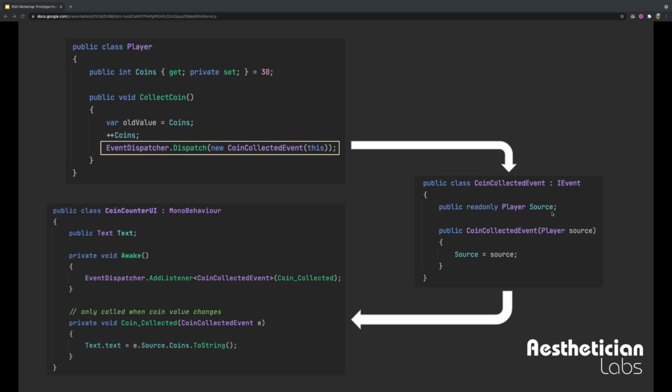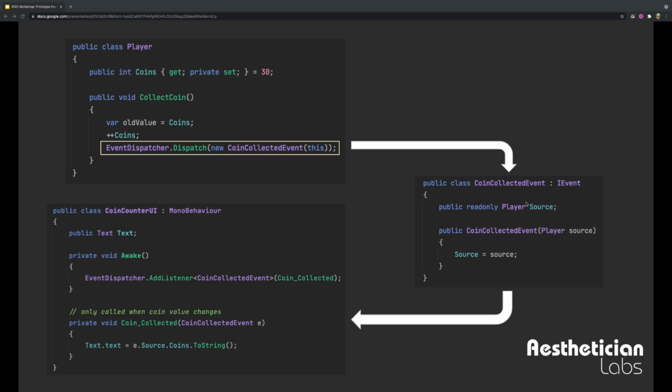This is a common pattern, though not necessarily to type it so firmly, because there is some coupling here. In C# especially, you'll often see events, and I believe it's standard, provide the source with the event. So you would say object source, and it's just a generic object, and you might already know what it is, and you can maybe do some checks to see what it is if you needed to. In my case, if I absolutely have to, I'll provide it, but I usually try to provide explicitly the data that would be needed so that it's less coupled. So again, CoinCollectedEvent.